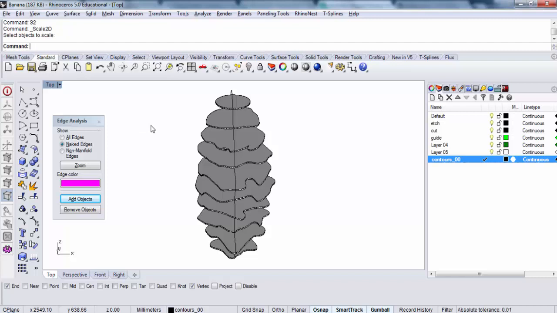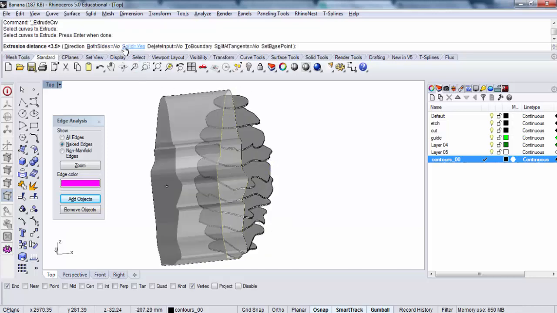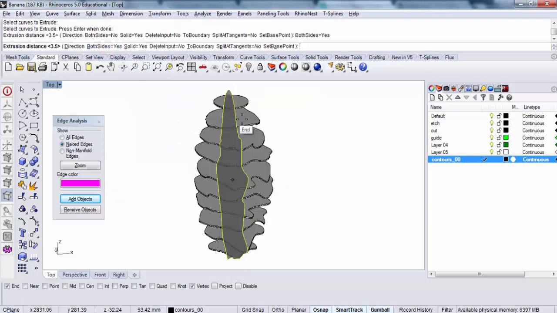I've set up all my commands, so EC is extrude curve. If you typed in EC, just try this. EC, yeah, so it comes up with like echo or whatever, right? But with my aliases, I can use EC, extrude my curve, solid yes, both sides yes,